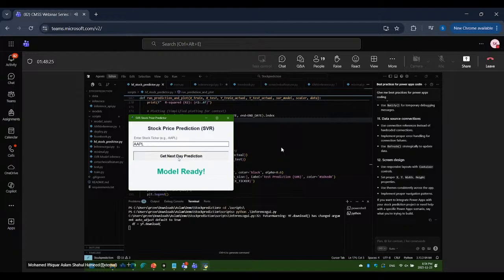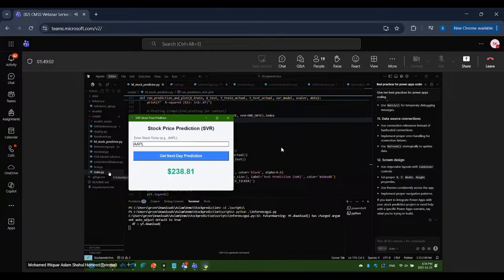When I say next step, it gives me a value here: $238.81. But this is very off from the current data, which I think is around 270 or something. This is coming up because I'm training with less data, since it's on my CPU.